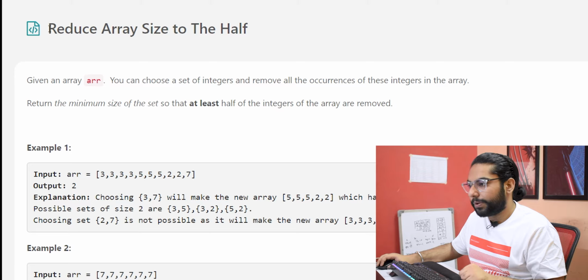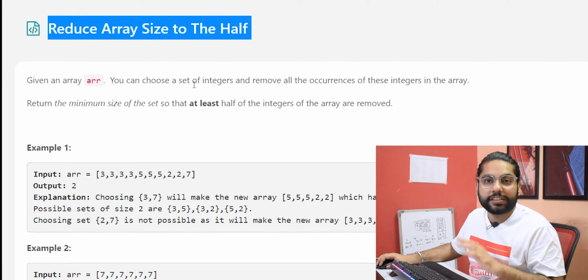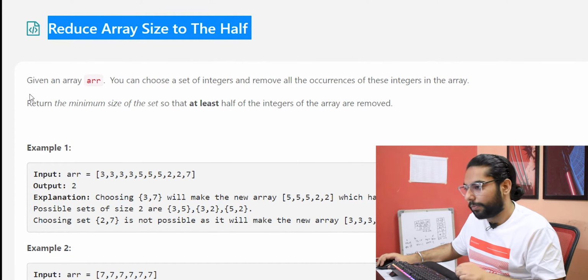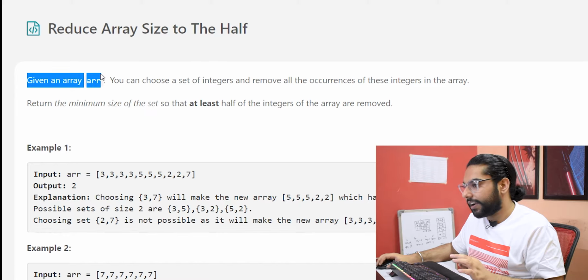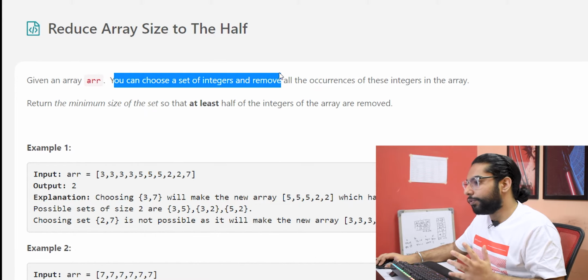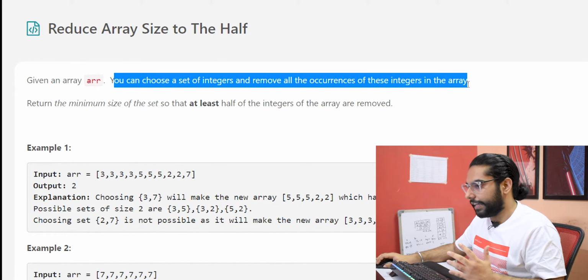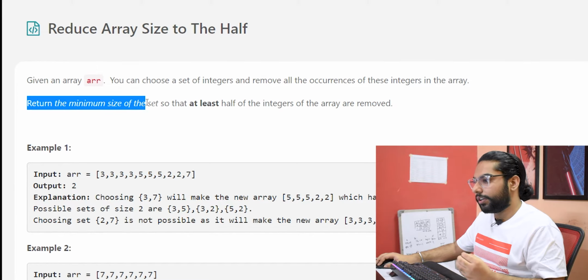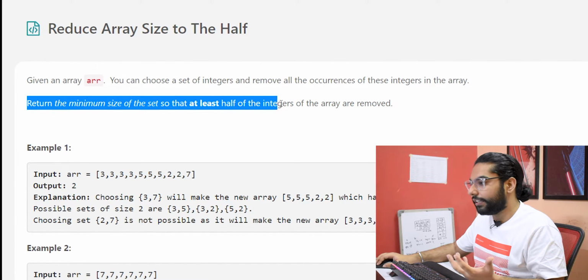Today we are looking at the problem Reduce Array Size to the Half. Now this is a very easy problem. Now let's look at the problem first. Given an array arr, you can choose a set of integers and remove all the occurrences of these integers in the array. Return the minimum size of the set so that at least half of the integers of the array